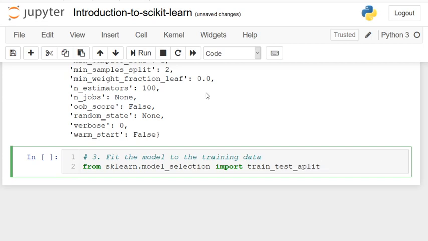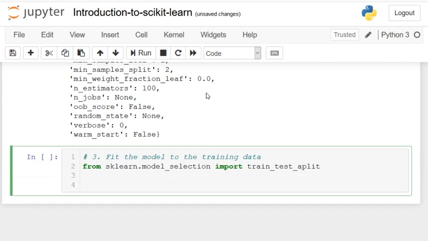Testing data is like the final exam, and training data is just like revision for our model. So we're going to say X_train, so that's X with a capital letter, X_train and X_test, and then y_train and y_test